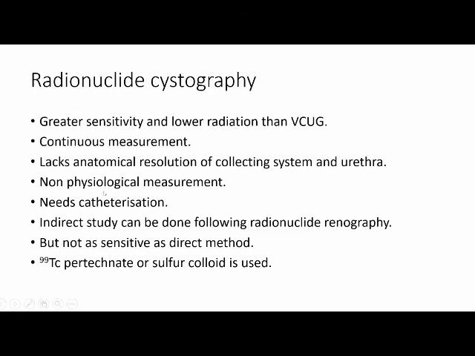There is another entity called indirect study also, especially when you are doing the radionuclide renography scans. Initially, after the cortical clearance, when the dye comes into the pelvis and comes out into the bladder, and once it is excreted completely into the bladder, after that film onwards, you can again assess with gamma cameras whether there is any reflux happening or not. So that is an indirect study. But when compared to the direct study, it is not as sensitive. And the radionuclides which you use are mainly technetium-labeled pertechnetate or sulfur colloid.